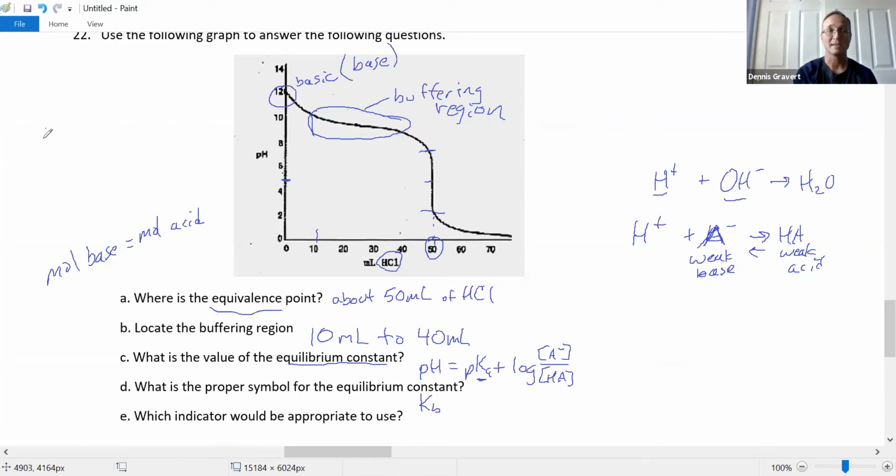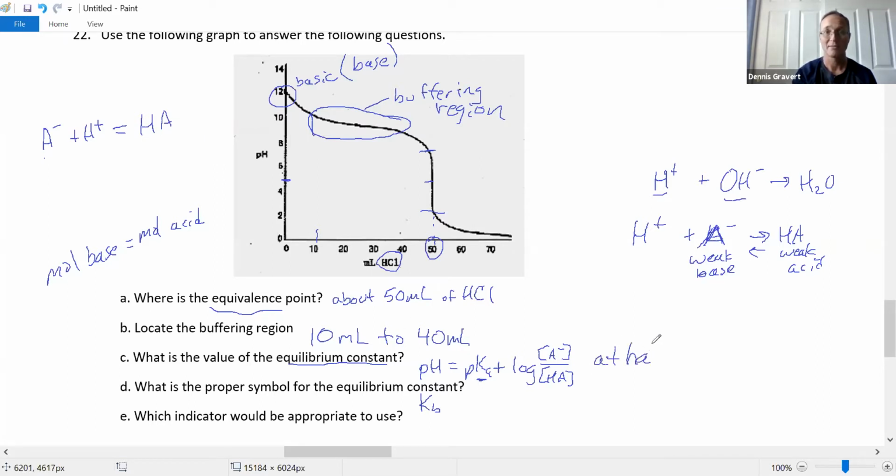You start with the base, an A minus, and then you add the acid. At 50 milliliters, you'll form the conjugate acid of this base. The moles are equal. So at 50, I don't have any A minus, it's all HA, all acid. If I go to halfway,